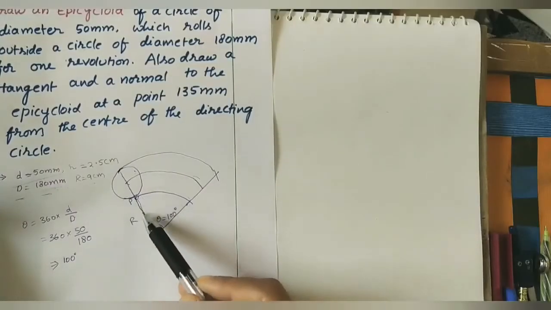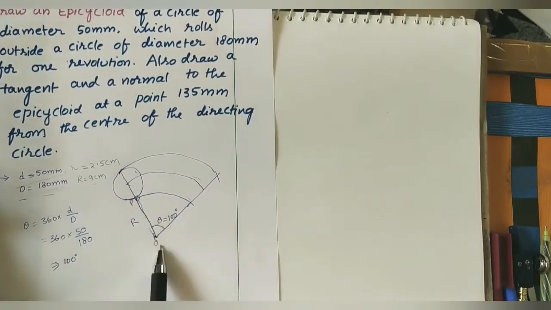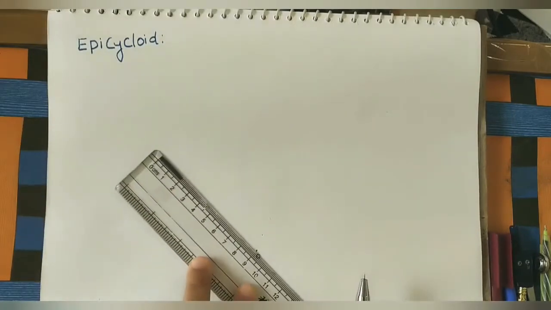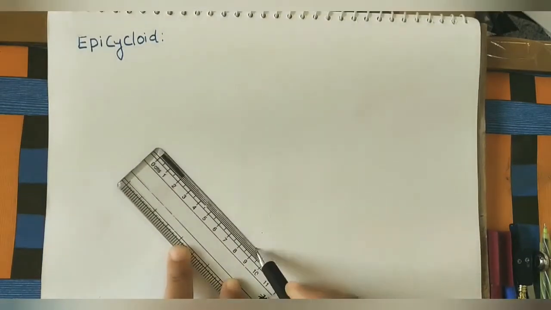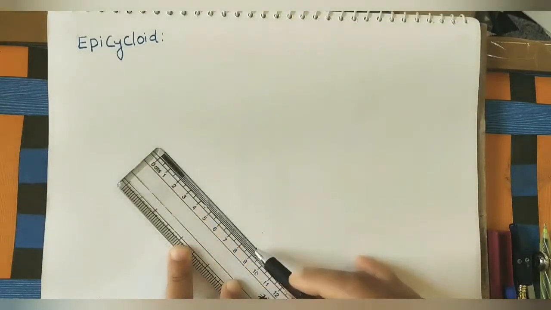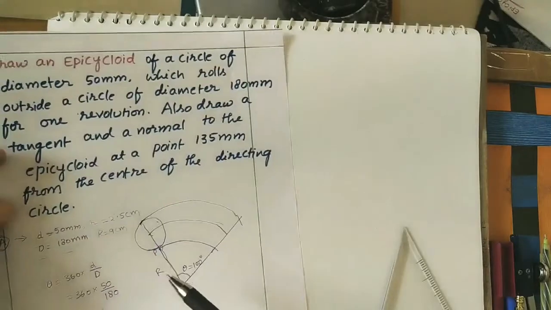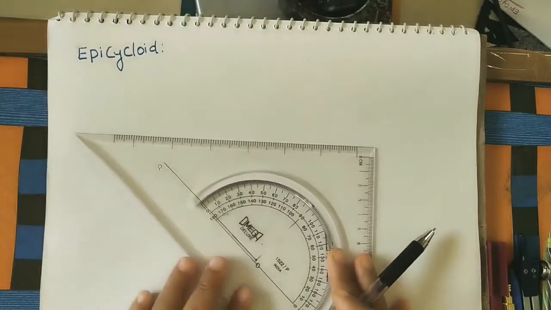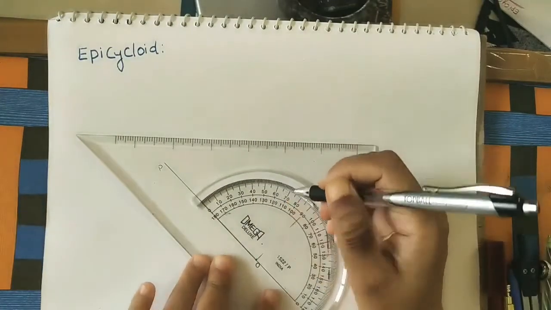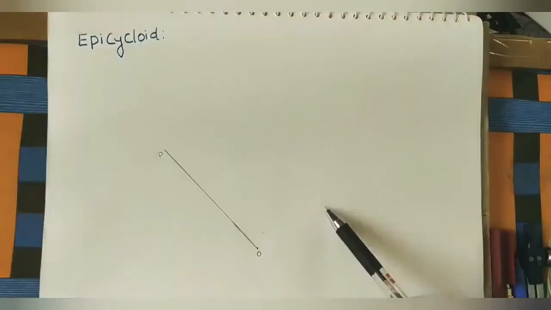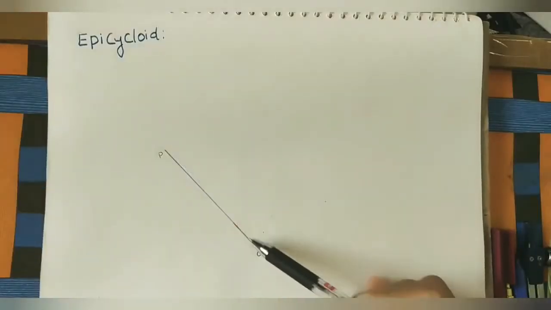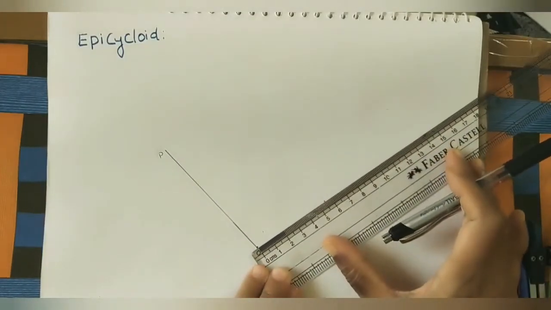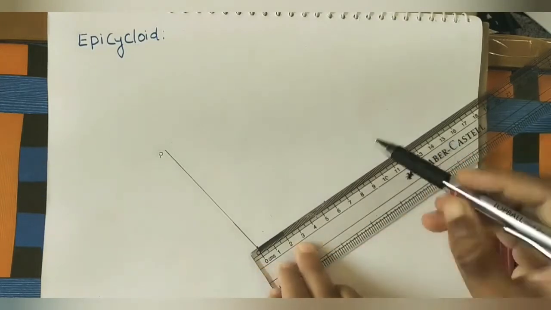After marking center, do the capital R, that is 9 centimeter line. So take 9 centimeter line at any direction. So by using scale, take 9 centimeter. After getting this line, okay, take 100 degrees here. This line is the reference line. Okay, by using the protractor. So this is 90 and this is the 100. Join this point to center and do the line of this length, radius 9 centimeter. From this center, do the line of 9 centimeter in this direction.